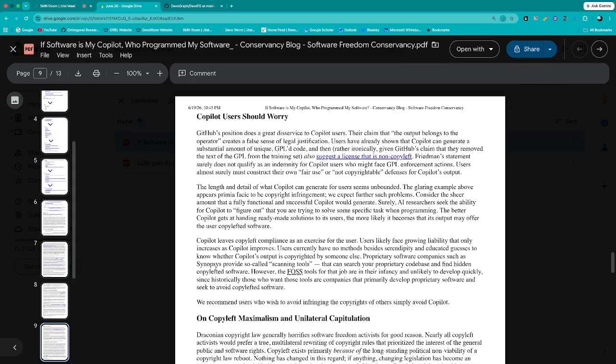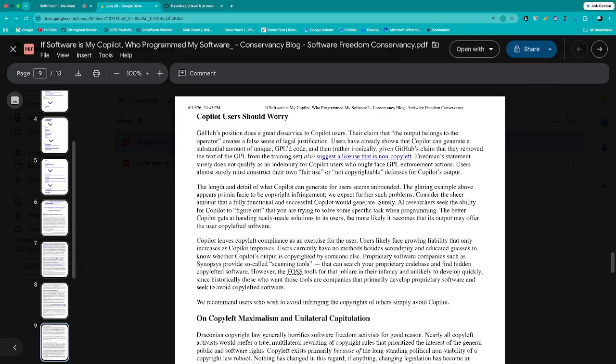Proprietary software companies such as Synopsys provide so-called scanning tools that can search your proprietary code base and find hidden copylefted software. So there are ways to find the source of the code and attribute it properly.